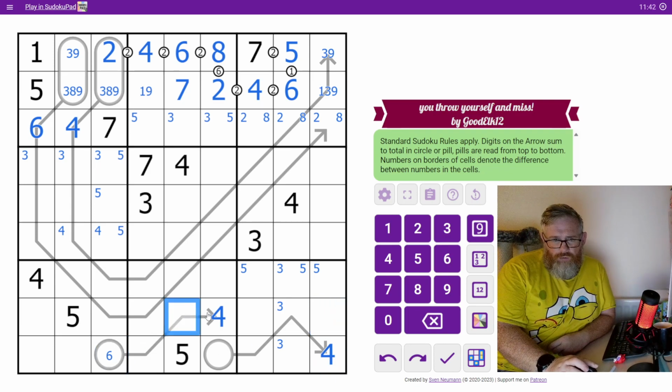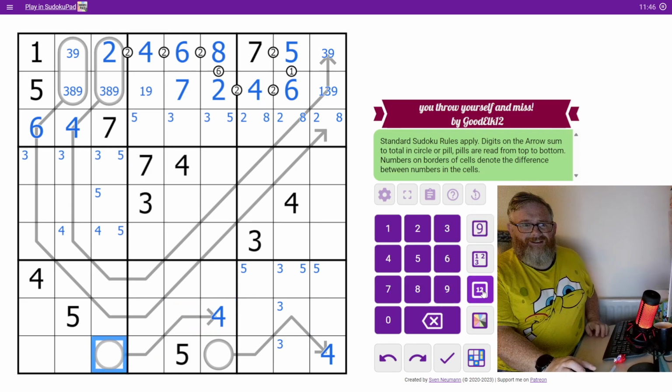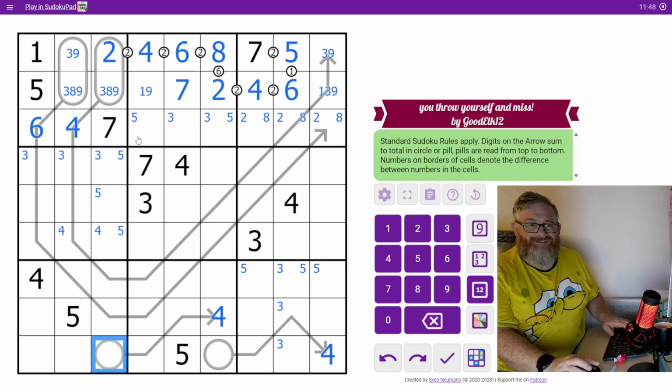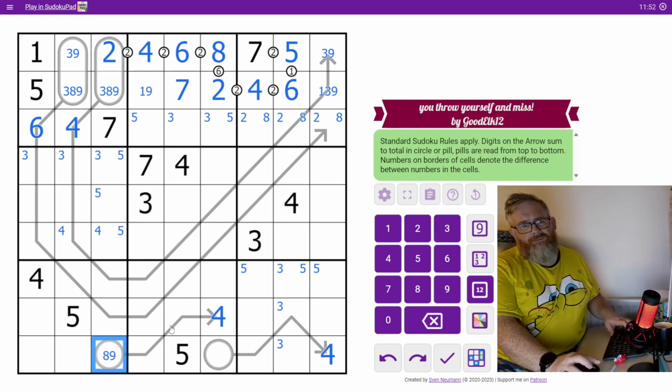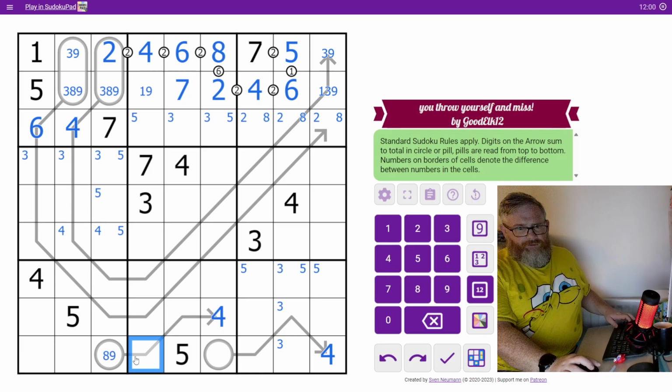So 1, 2 and 3 doesn't work. So it can't be 6. It can't be 7, because I've got a 7 in the row. So it must be 8 or 9. Okay, so how do we make 8 or 9? So we have to make up 4 or 5. So